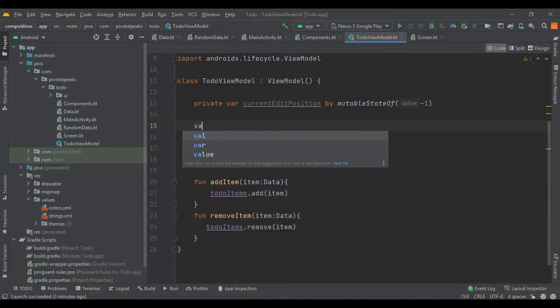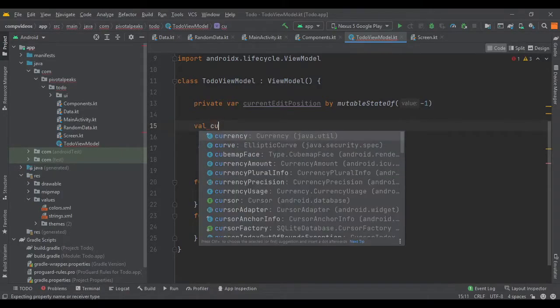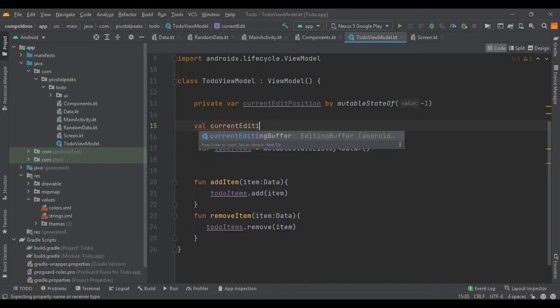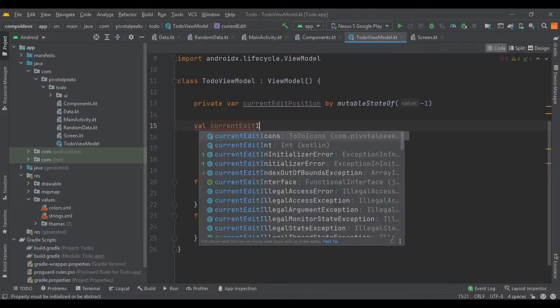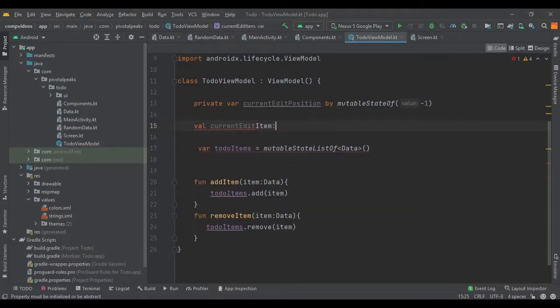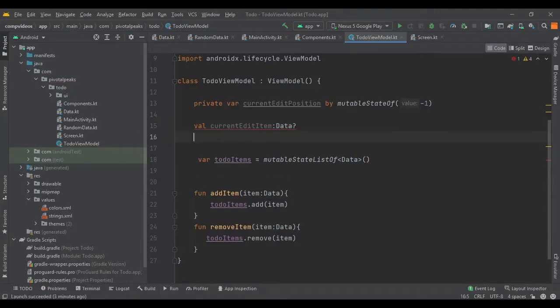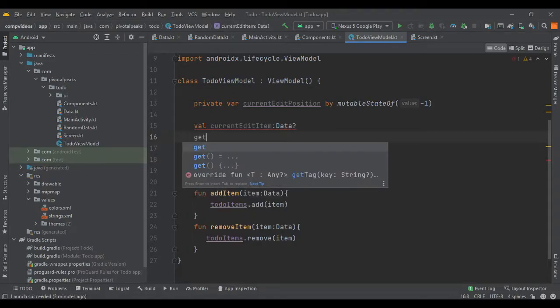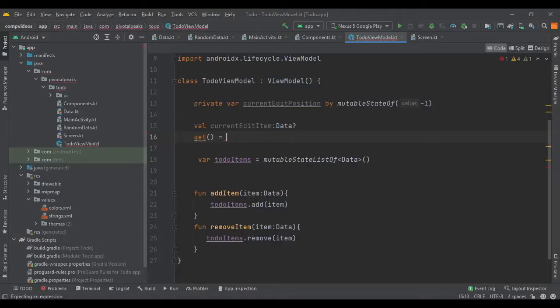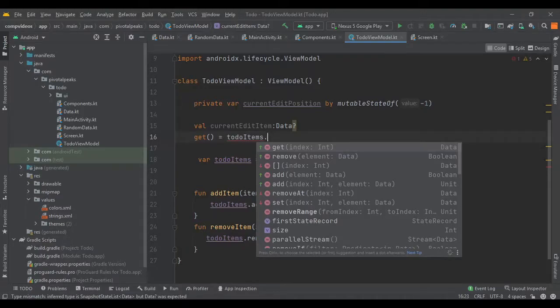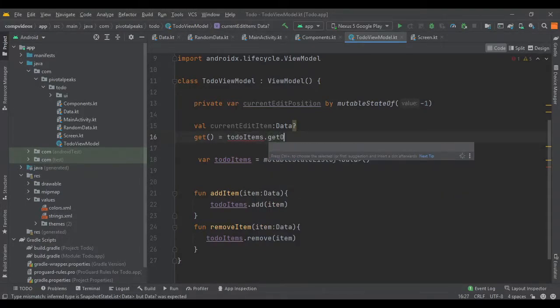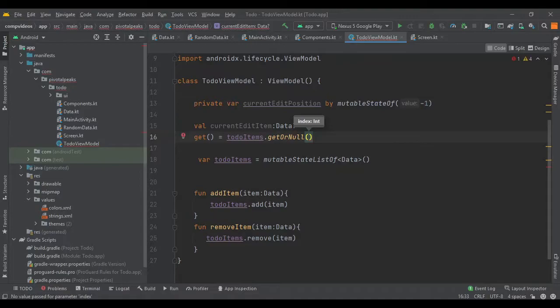So val current edit item, which is going to be of type data with a question mark, and then we need to create this get method and just pass the to-do items dot get or null to check the current edit position.